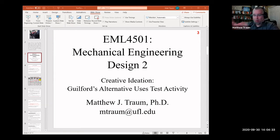And so that's why that is the hard thing that we isolate from everything else and have you focus on in the CDR, and get that finished and wrapped up before moving forward into the rest of the design steps. So in order to do this creative ideation to generate these concepts, you guys have to know what the project is. And I've broken from tradition a little bit this semester. Instead of waiting until the RER is done to reveal the project, because we have one less week in this semester than we have in a normal long semester,